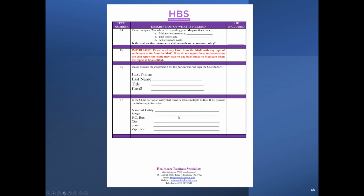Make sure we have the proper name of the person who's going to be signing the cost report. We have to put that in there. And when Danny or Trent or whoever's doing your MCREF, they'll put a little X in there. It's going to be the signature of that person who is responsible for this cost report. So those are